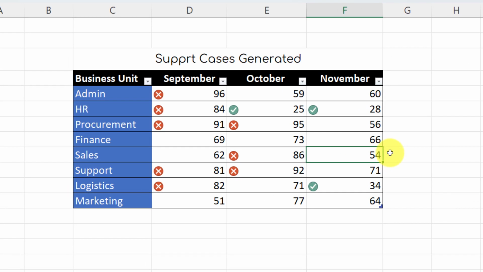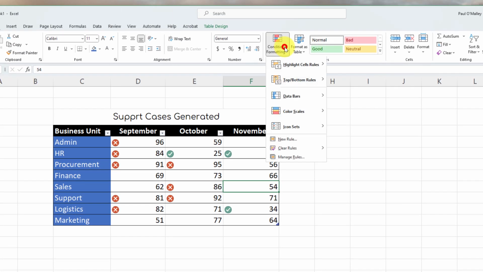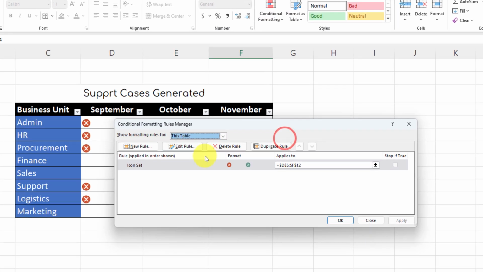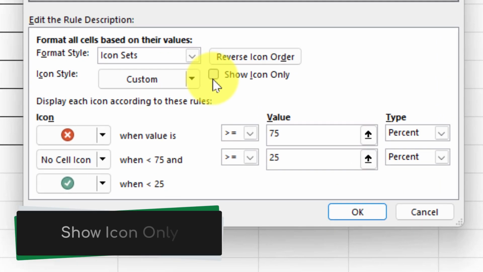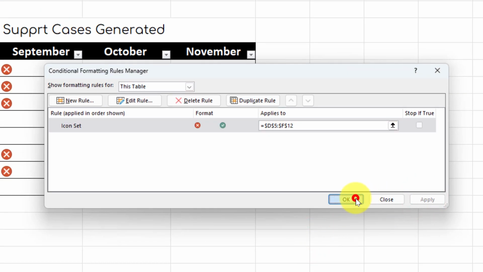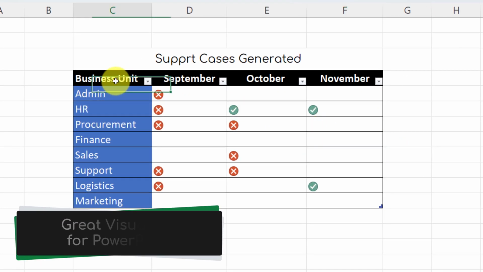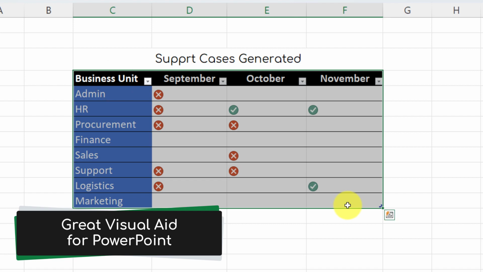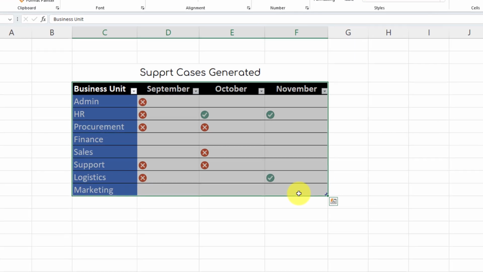And now I have these options here, but I still have all the numbers. What I recommend you don't do is format all the text so it's in white ink. What we actually want is to go back into our Manage Rules, and we have a great option that says Show Icon Only. Selecting this will actually hide the numbers from the table. They do still exist in the table itself, but you won't see them there. That makes this a great tool for me to utilize when putting it into a PowerPoint presentation, so I can talk to the data and the results without the rest of the content getting in the way.